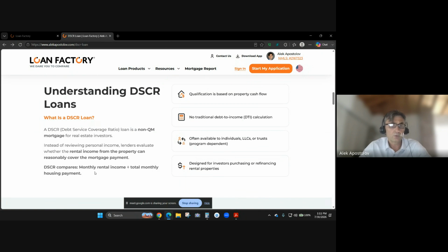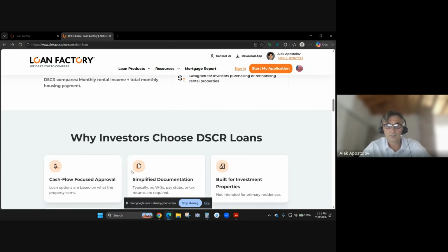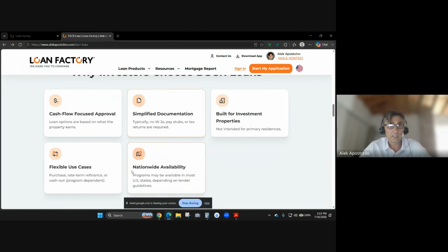So basically what it does, it compares the monthly rental income divided by total monthly housing payments, and then we see where we stand on that and what is the ratio that we're getting. So it's focused on cash flow. It has simplified documentation. It's built for investment properties. It has flexible use cases. We can use it to purchase properties, for rate and term refinance, or for a cash out if someone wants to pull cash